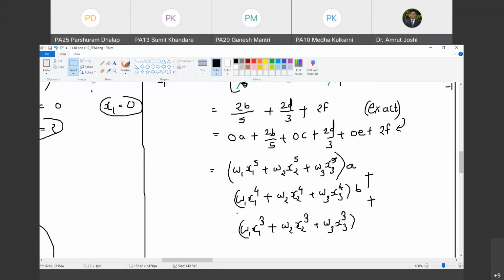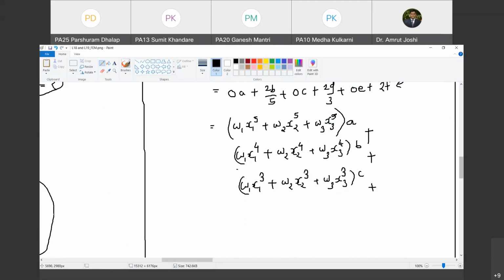Right? Yes, sir. This is going to be C. What are the coefficients of D? Same thing. I will have to replace 3 by 2 square. Do you agree with me? Yes, sir. So this is going to be square.